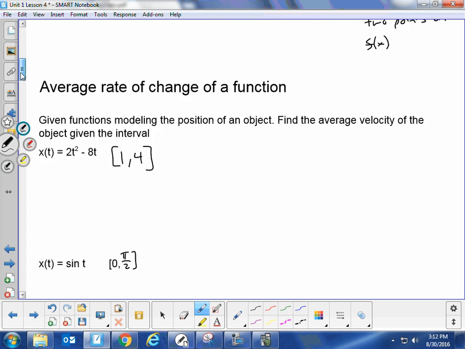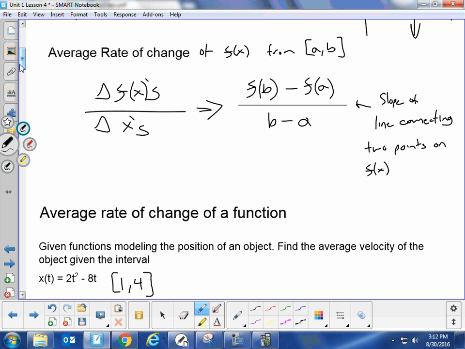If I want you to find, also, before we get into some examples,